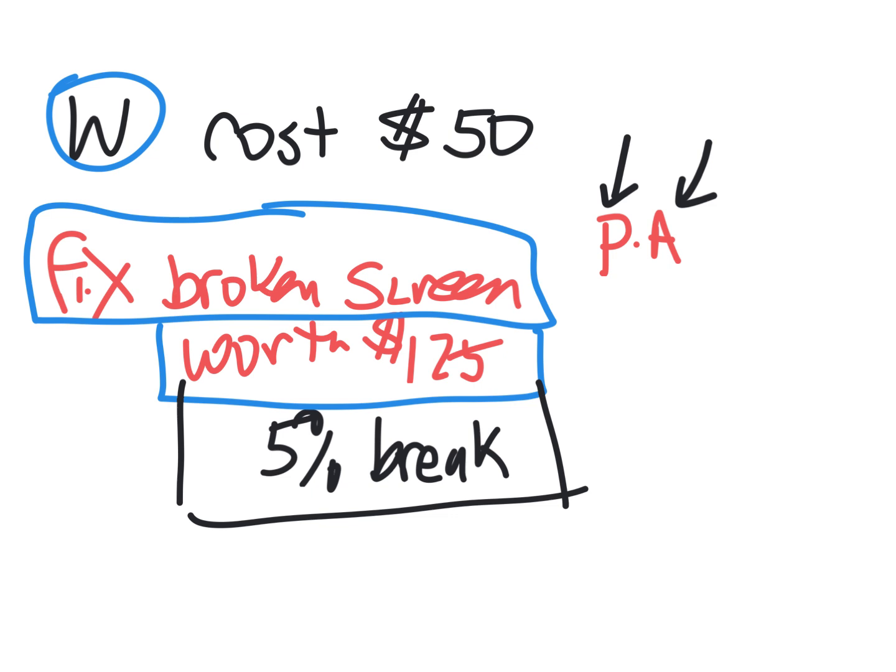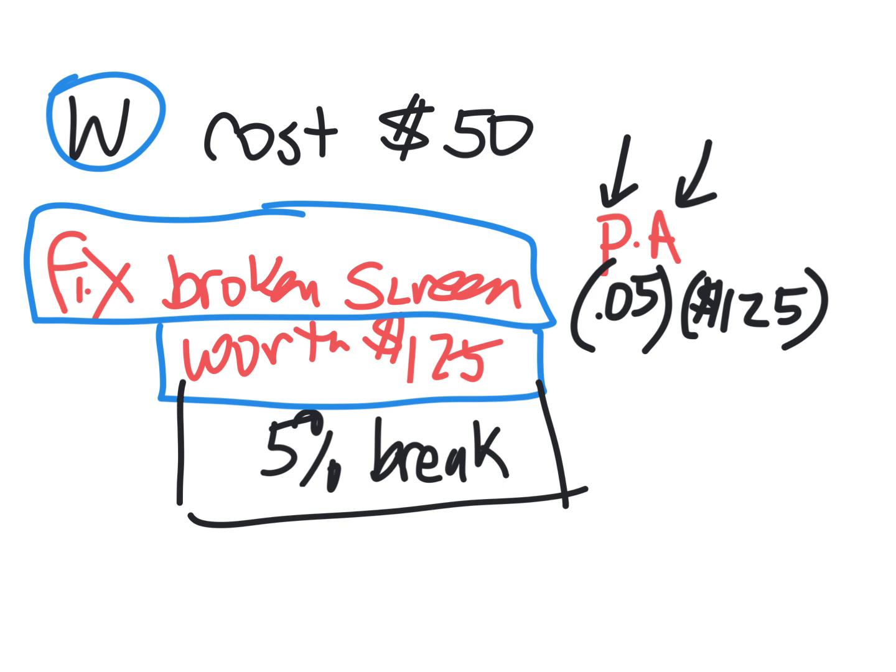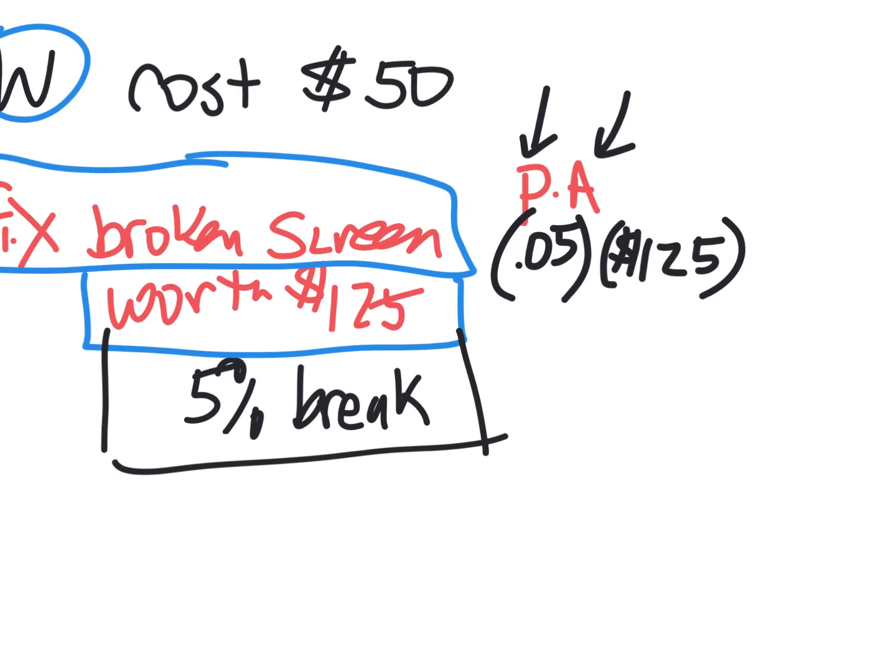Okay, so what is the probability of the first situation, which is that you're going to break it, and that's a 5%, 0.05, times the amount you get if you have a broken screen. You do get 125 at that moment. This is where some people subtract the $50. I don't think that makes sense. I think you figure this out first, and then you figure out the probability,